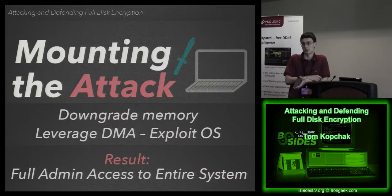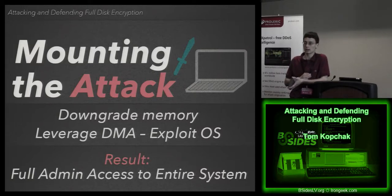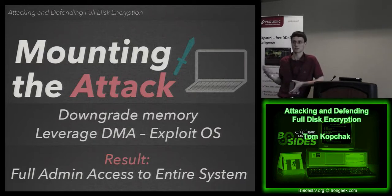But obviously, once I had the machine running the operating system, in this case, for forensics, you want to have the smallest amount of data to work with possibly, because you're looking for a needle in a haystack. So in this case, you downgrade the RAM from 2 gigs to 512 megs, just to make it a small working environment. And I had full control to do whatever I wanted. Using the FireWire interface in the laptop, which is a DMA interface, direct memory access, allows you to access the lower 4 gigs of memory without going through the operating system or the CPU. It's basically directly accessible. So I dumped the RAM in that case to have an image of memory